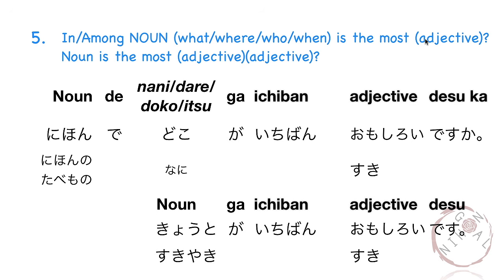And lastly, we've learned how to ask in or among nouns, what, where, who, when is the most adjective. We use the pattern noun で or noun の中で nani, 誰, どこ, itsu, and so on が一番 adjective ですか? For example, 日本でどこが一番面白いですか? or 日本の食べ物で何が一番好きですか? To answer the question, we use the pattern noun が一番 adjective です。京都が一番面白いです。すき焼きが一番好きです。